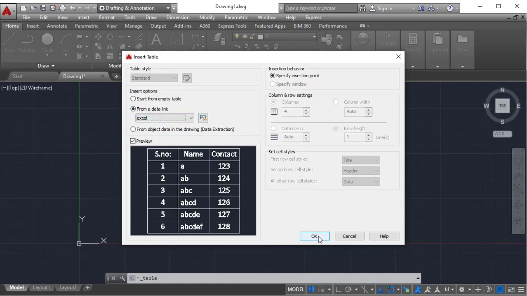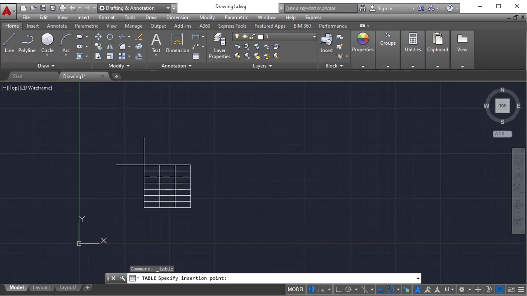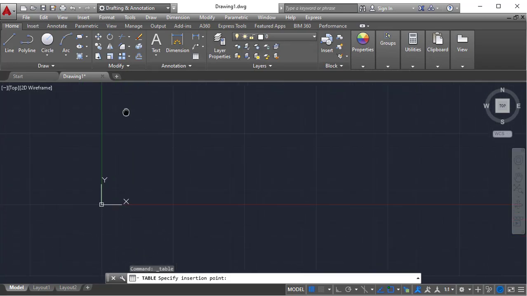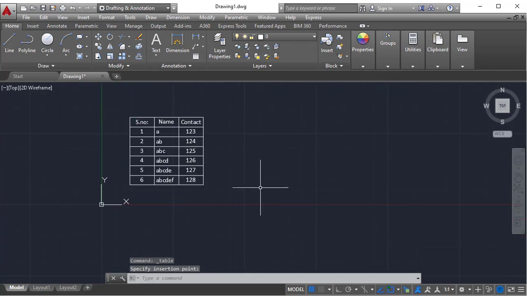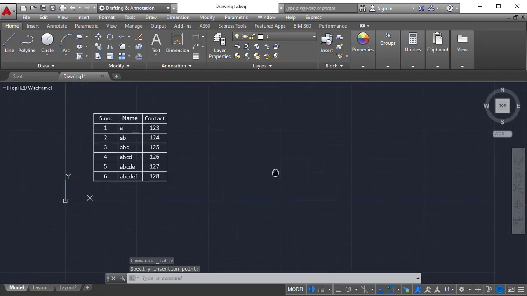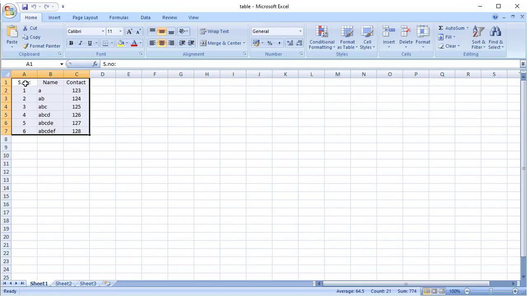Select the Excel, click OK. Right away it is creating the table. If you click wherever you want, right away it creates an empty table. See, I have created an entire table. I didn't choose anything. See, if suppose I want to create a table from A3 to C6, again I am